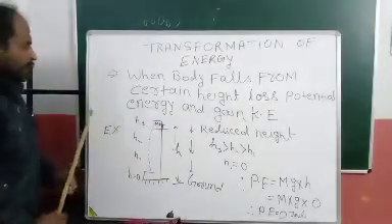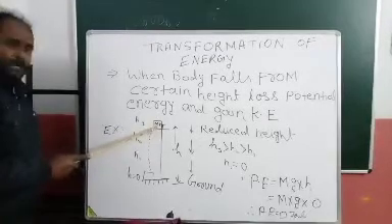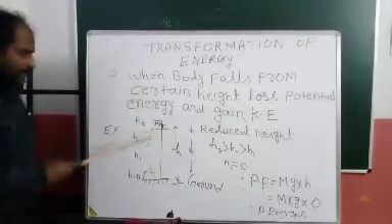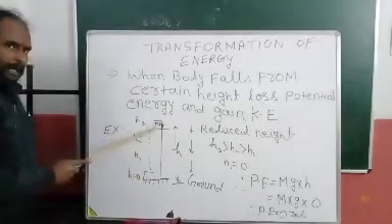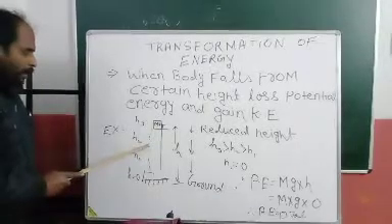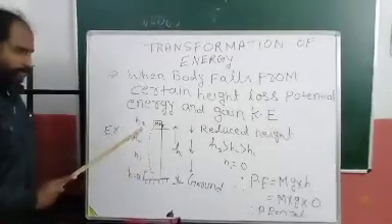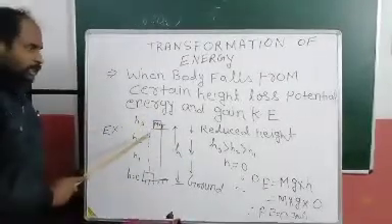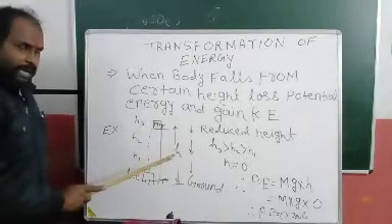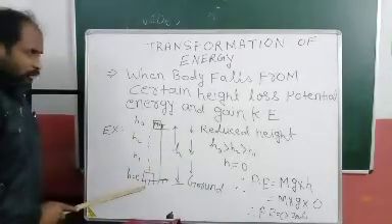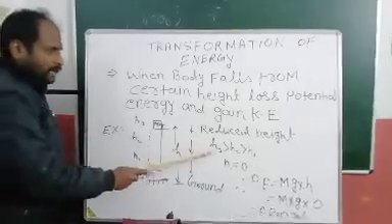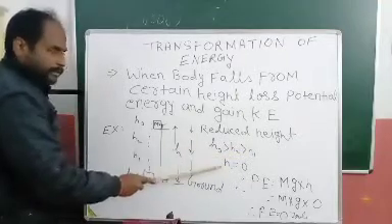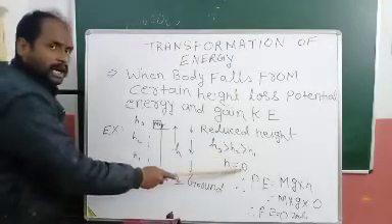Now, an object is kept at a certain height, then after some time the object falls down from that height and comes to the ground. Height h3 is the initial position, h2 is the middle point, h1 is on the ground. In this activity the height continuously reduces with time, then the object falls on the ground and contacts the ground surface. So h3 is greater than h2, greater than h1. At the last moment the height becomes 0.